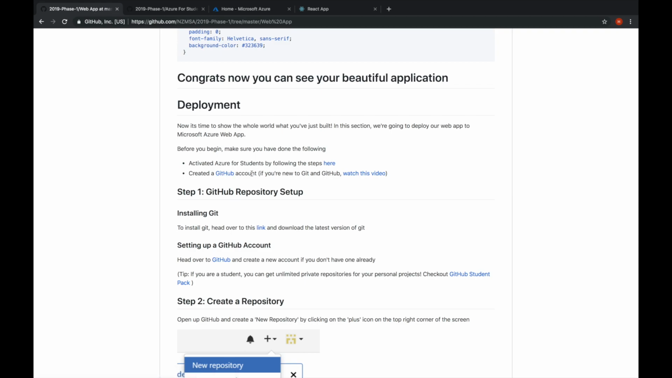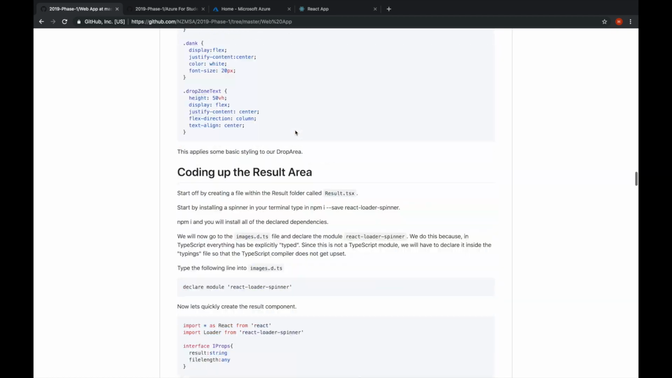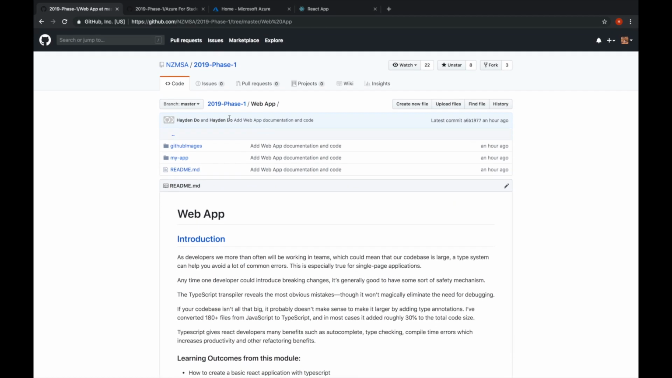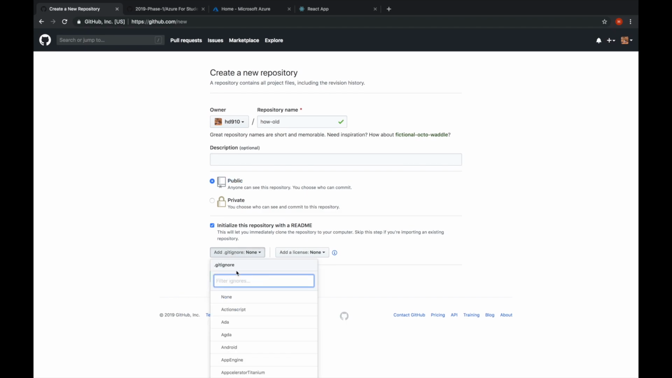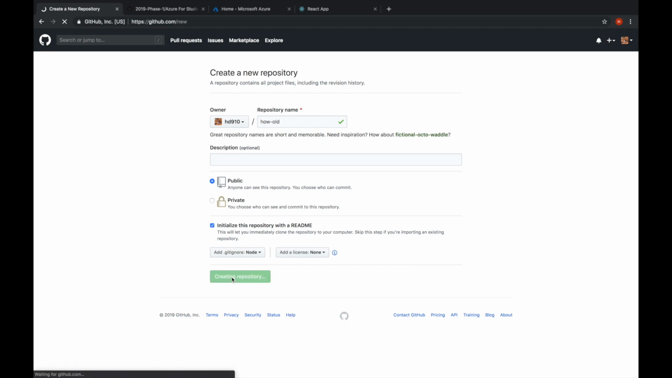So the first thing we're going to do is create a repository where we can put all our project files. So to do that, let's go to github.com, press the plus icon on this top right corner, and click New Repository. Here we want to give a repository name, so I'm just going to call it How Old. I'm going to make it public, initialize with a README, and add a git ignore of node. Cool, just create the repository,